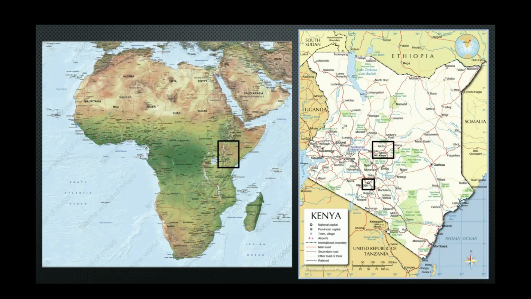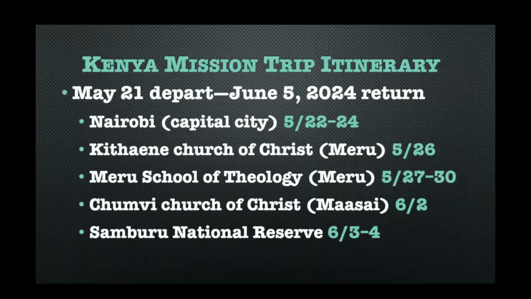So, mission trip to East Africa, to Kenya. These are the dates of our travel and our basic itinerary. We left from Atlanta on the evening of May 21, and we returned to Atlanta on the evening of June 25. It takes a couple of days to get there and to get back. So we left on the 21st, but we didn't make it there until the night of the 22nd. And as I said, we spent a little time there, a day and a half or so in Nairobi.